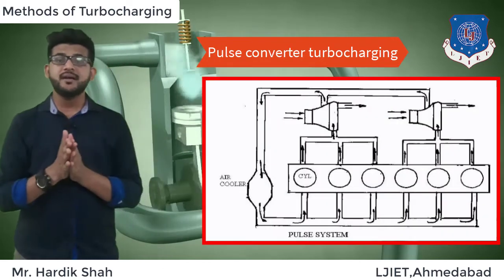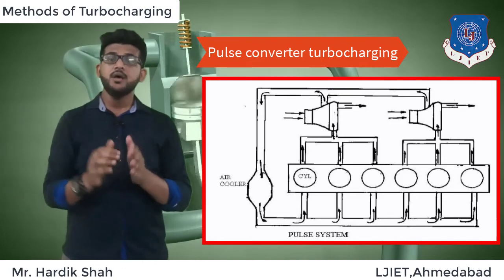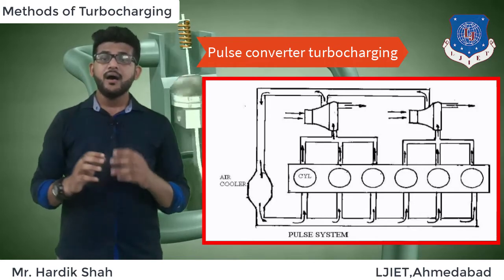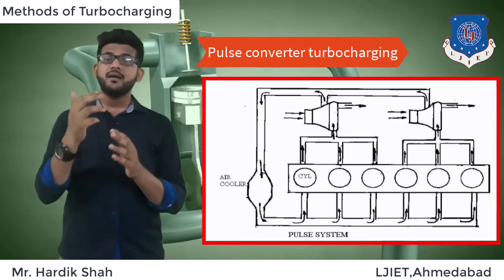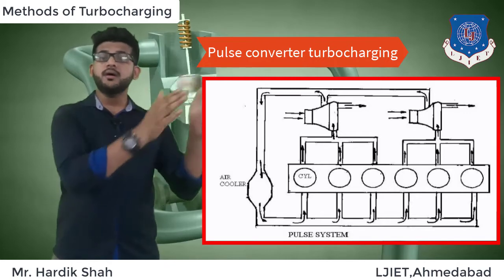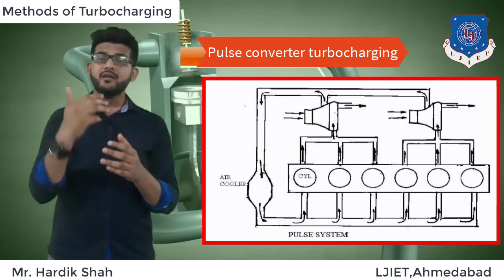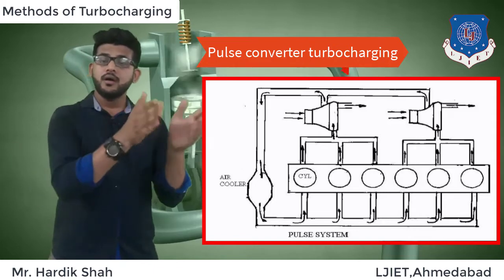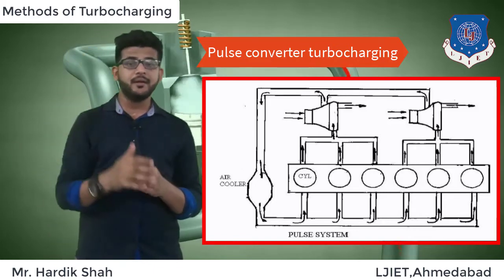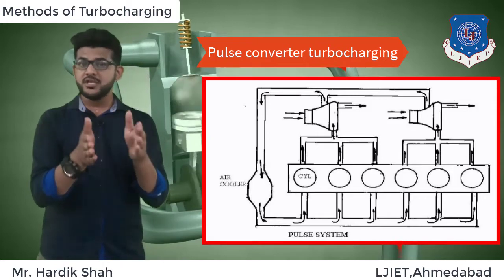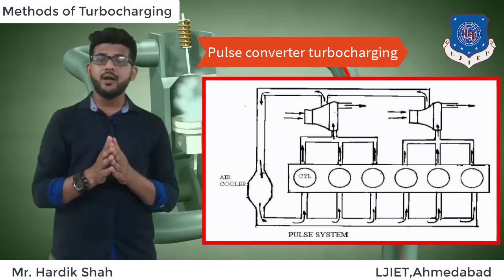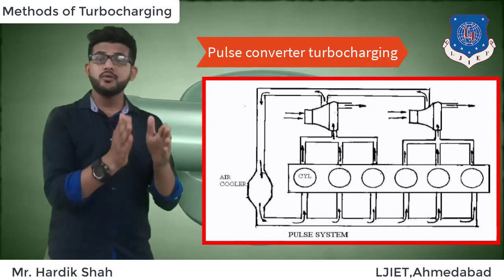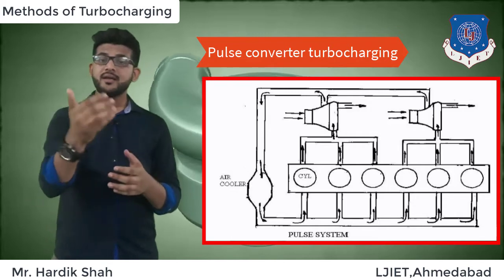Now, the second one is the pulse turbocharging method. So, in this method, what is happening? Short, small cross-section pipes are used here. They connect the exhaust port to the turbine. Whatever kinetic energy is associated with the exhaust is blown down and utilized from the exhaust towards the turbine. The exhaust pulses are sequential and have minimum overlap. So, the flow unsteadiness can be used to a good level, and we can easily use it.